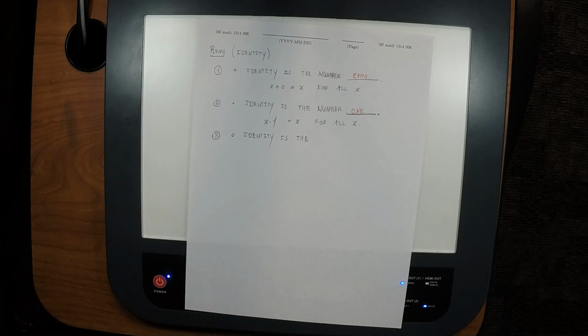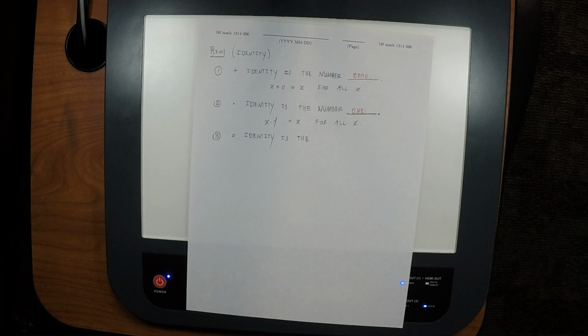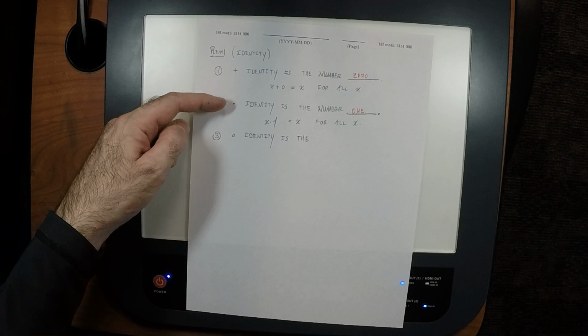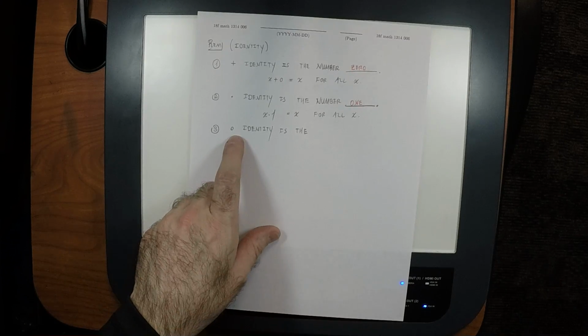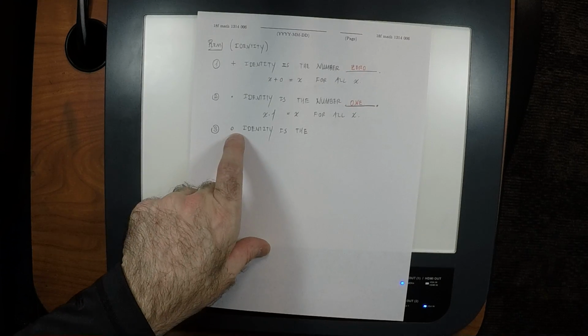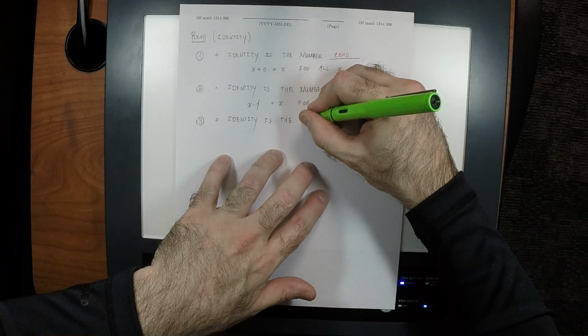Function, right? Because for these ones, we're talking about adding two numbers, so the identity has to be a number, right? It has to be that kind of thing, the additive identity. And here we're talking about multiplying two numbers, so the multiplicative identity has to be the same kind of thing. It has to be a number. And here we're talking about the composition identity. So here the kind of thing that we're talking about must be a function. So is the function